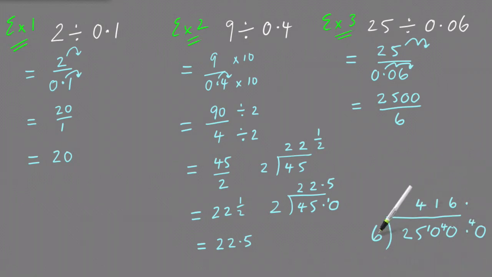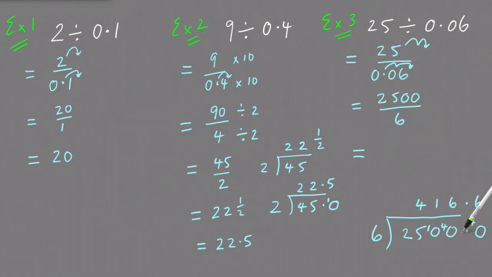Some students, when they go, how many 6's in 25? They put the 4 here, and then they're not sure where the decimal point comes in. The numbers don't line up, and they sometimes end up getting the wrong answer. So the trick really is when you're doing any kind of sums like this, that you line things up in the right spot, especially with decimals. How many 6's in 40? There's 6, so this is going to keep repeating. So the answer to this as a decimal is